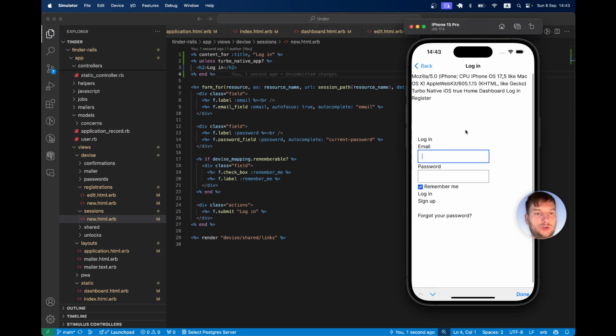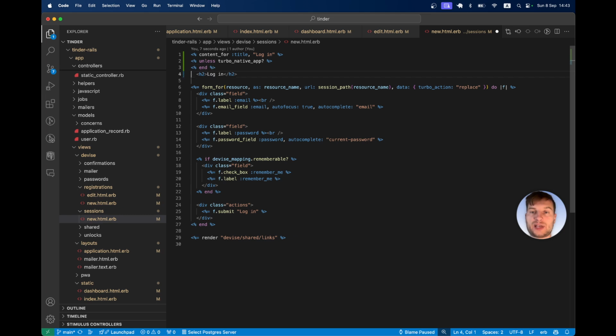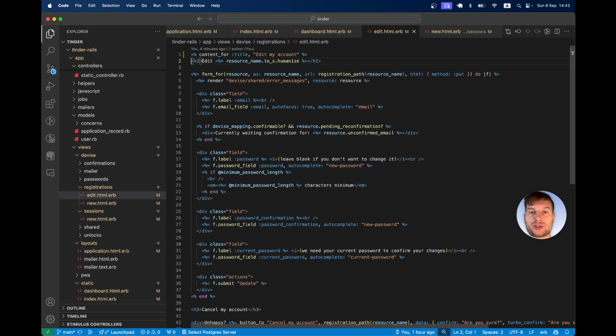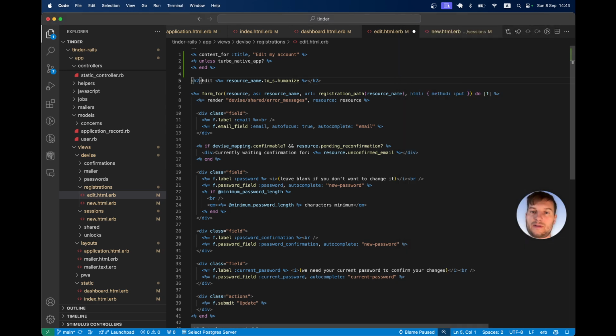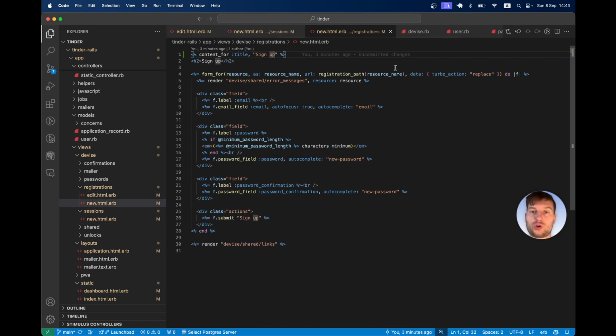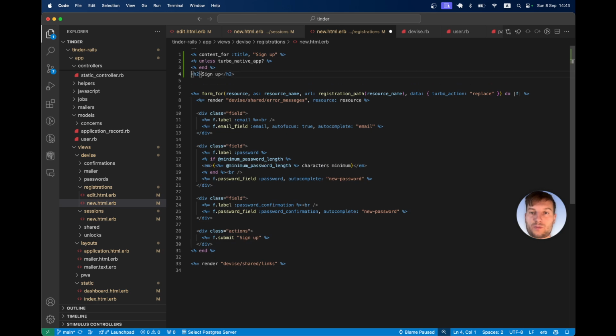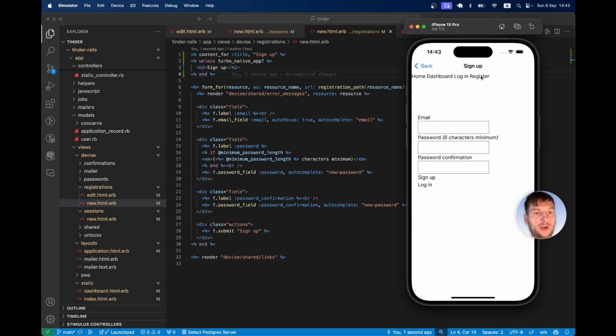Okay, let's refresh. So see, now we are not rendering this login text here. And we can do the same for some other pages. So for registrations edit, here I will display edit only if it's a web application. And for registrations new, like this. So going to register, we don't have this sign up text here, we have it only in the